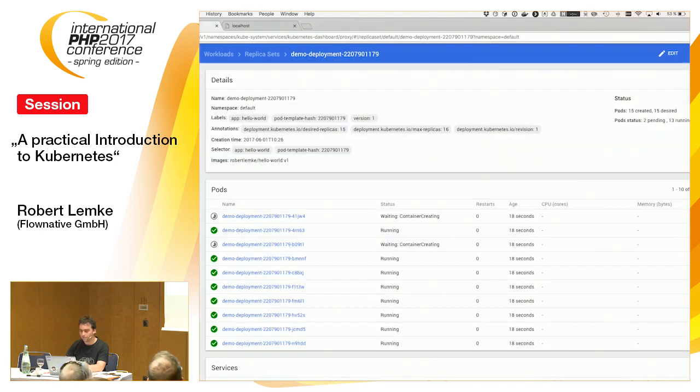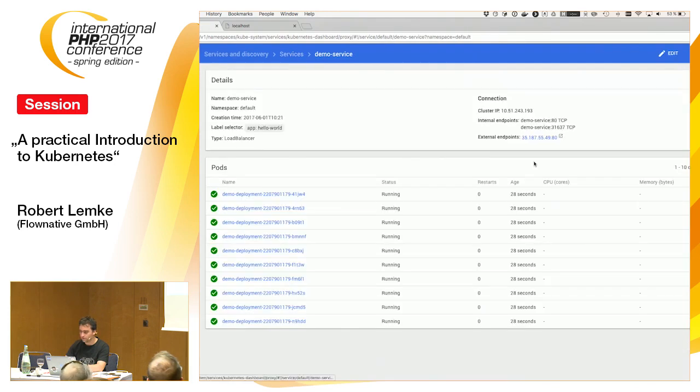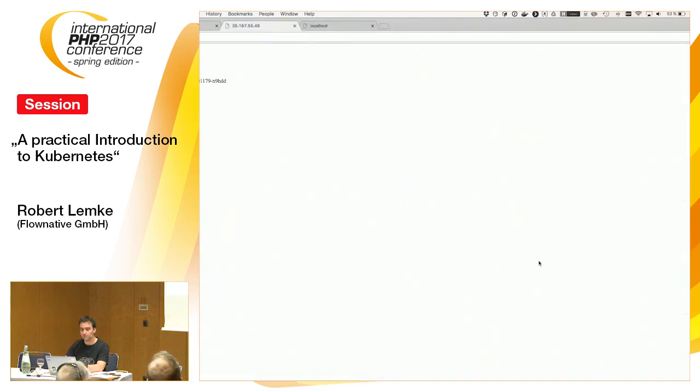And, yeah, first, now we need the IP address of the service. You see now it has some external IP address. Try that if you don't believe me. And when I reload here, what you see is that different hosts are responding. So you see now that load balancing is in effect, and it will distribute the traffic to different containers.